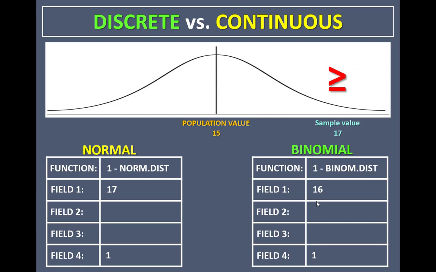You don't see it when I'm doing less than or equal to with normal. When I'm doing less than or equal to with the binomial, I don't see it. When I'm doing greater than or equal to with the normal. But when I do 1 minus with the binom.dist, when I'm dealing with greater than or equal to with binom.dist, it is a very special situation where I need to make sure that my distribution starts one value less than what I observed in my sample, so that when I do the calculation, I am left with that sample value and everything above. Again, I hope this helps as we continue on with our probability calculations,